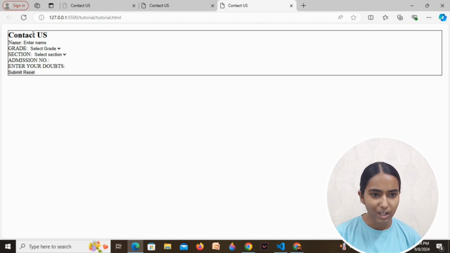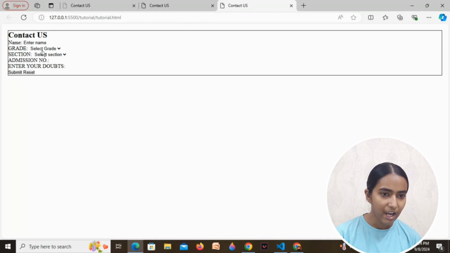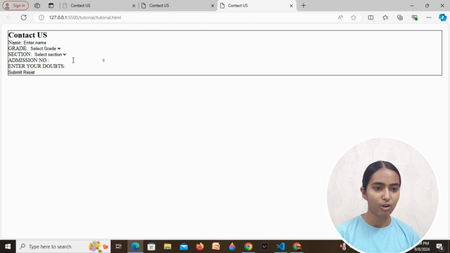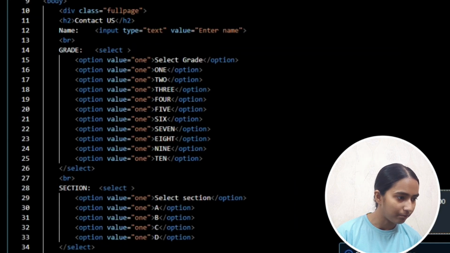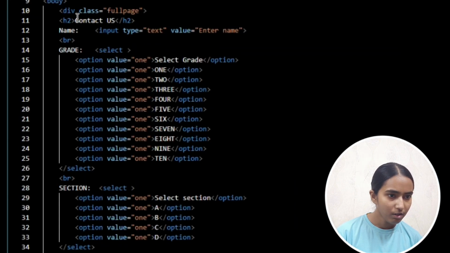I think this contact us needs to be at the center, and then a little highlighted text. I think we can change its background color also, and then we can change the text color also a bit. So let's work on contact us now. We are going to create a class name for contact us in this part. Then we have a contact us.